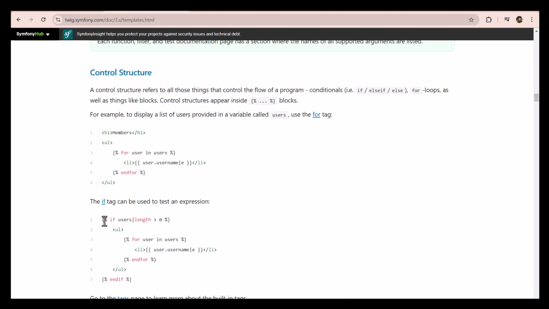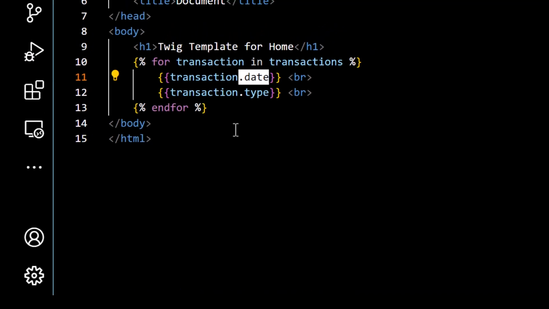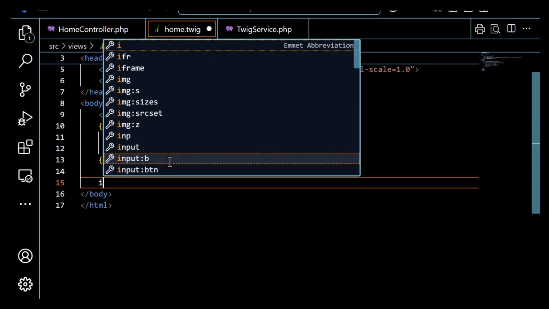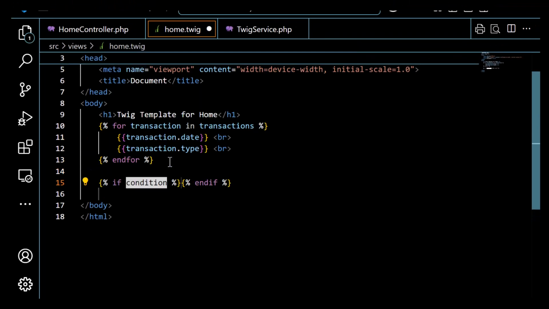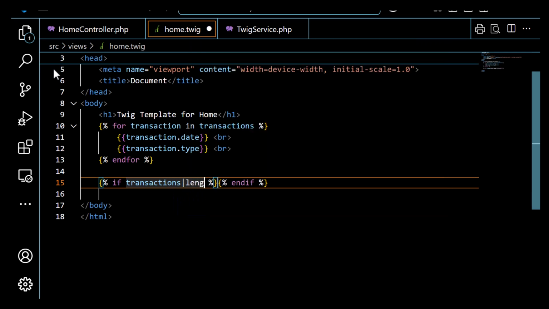Okay. So over here, the if statement is used: if users, then we are using the filter length. So this will change the value from the array to its length, whatever is the length. So if the length of this user is greater than 0, then we are using an unordered list and we are displaying the users. So we can do the same over here. So let's write an if statement, if transactions, then filter length. If it's greater than 0,